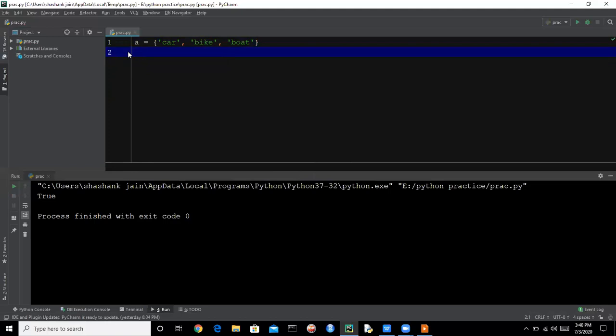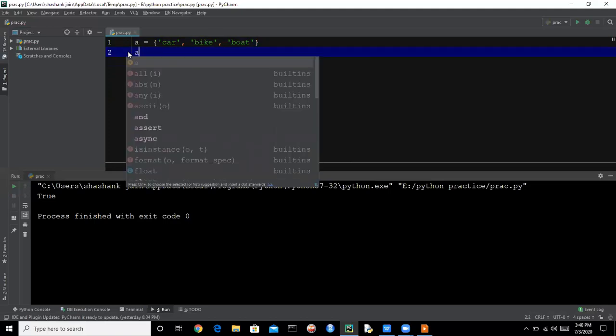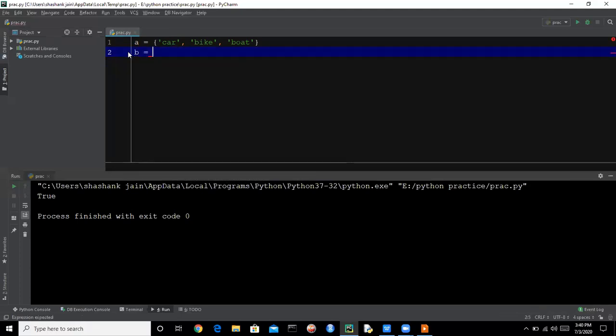So update function is used with the other sets like B is equal to Honda, Hero, and let's say KTM.